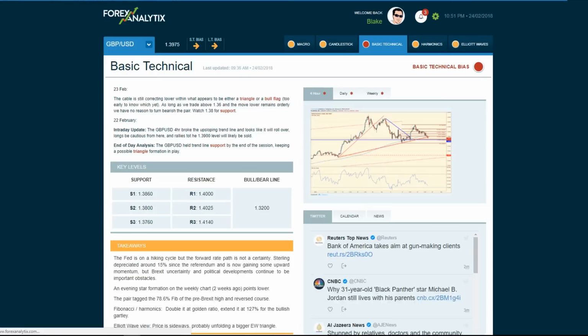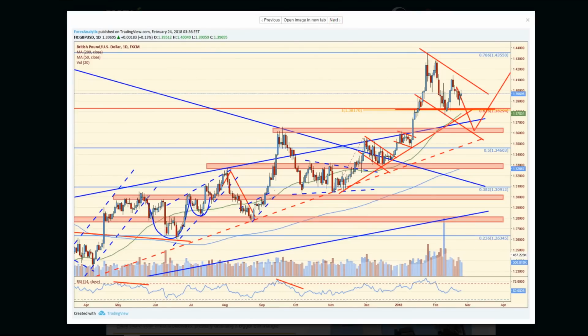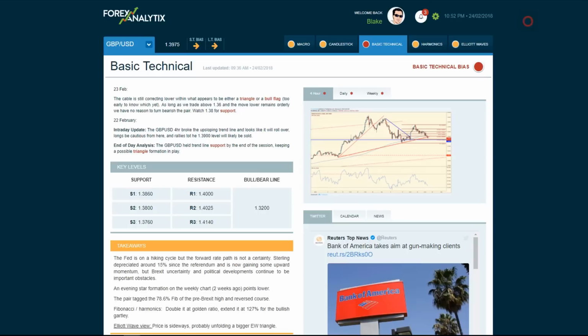And another pair I'd like to point out is the pound. The pound's actually been trading pretty weak here, and we got a decent bounce on Friday. You can see that we bounced, we probed some support, but the pound is also trading somewhat heavy as well, and we could trade down into the mid 130s once again, especially if the dollar gets a little bit of a tailwind across the board.